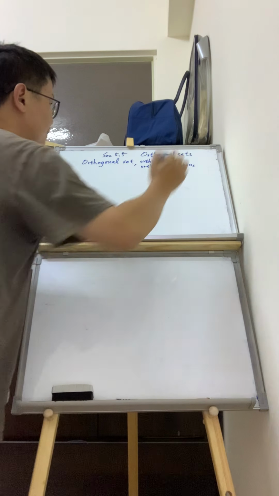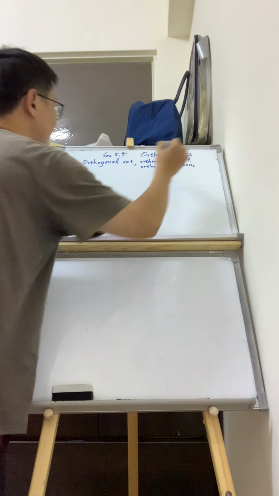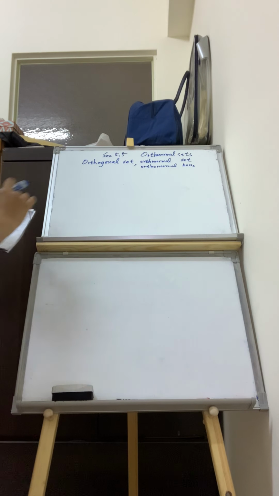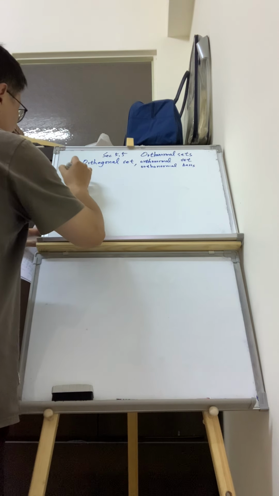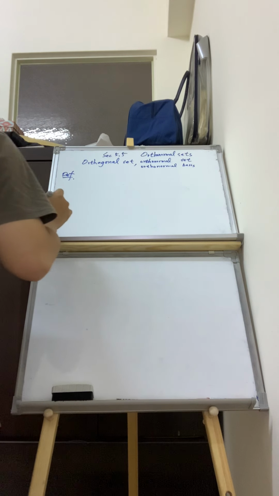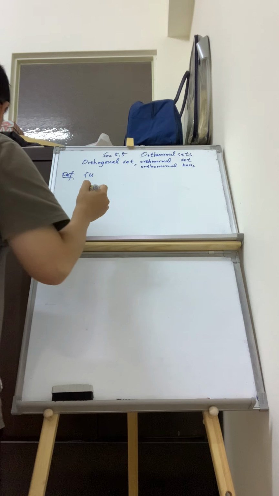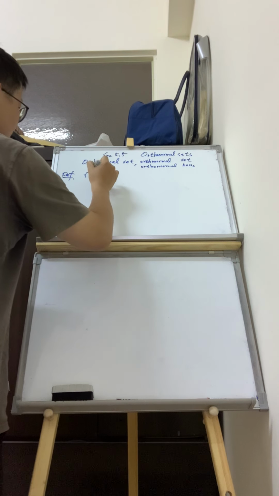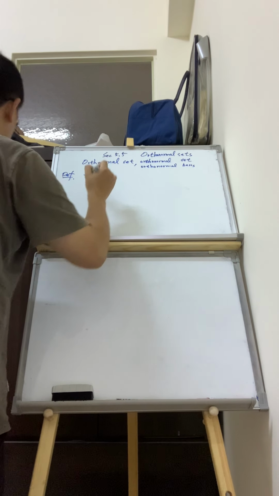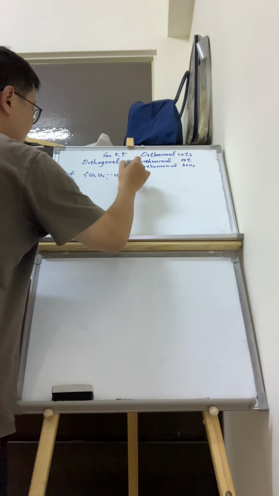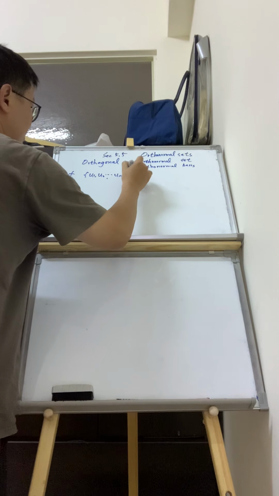Orthogonal set, orthonormal set, orthonormal basis. And so first of all, let's see what's the definition. I will give you examples later. So we have several vectors, u1 to un in Rn,